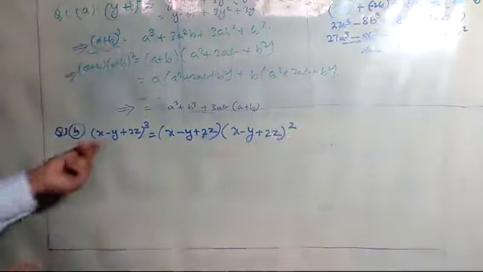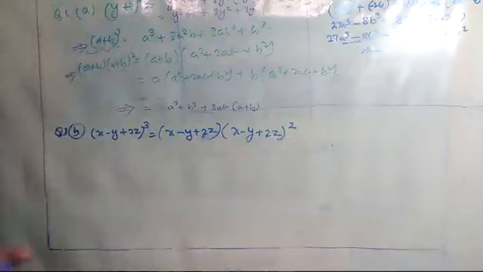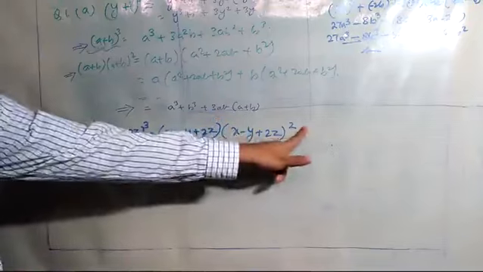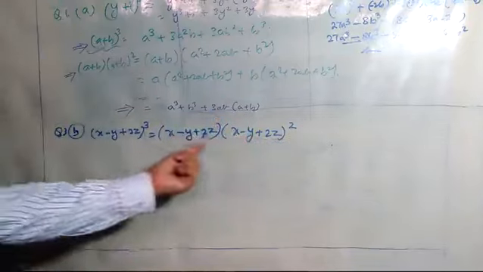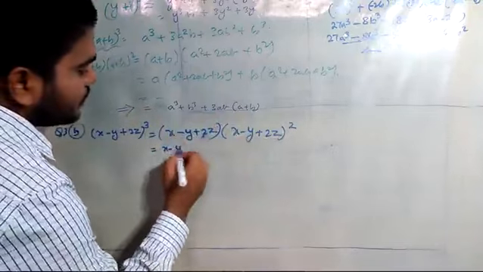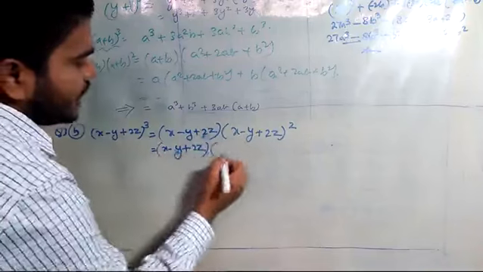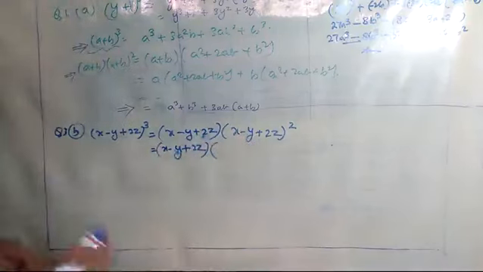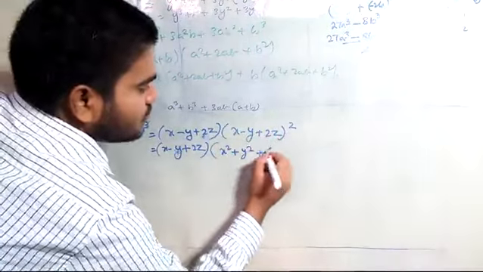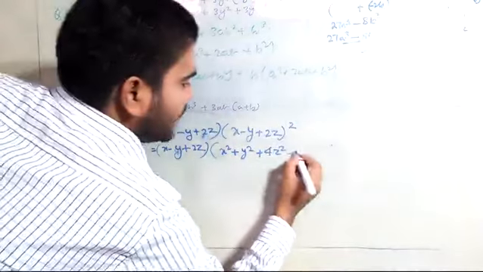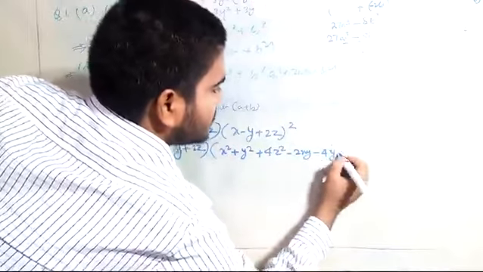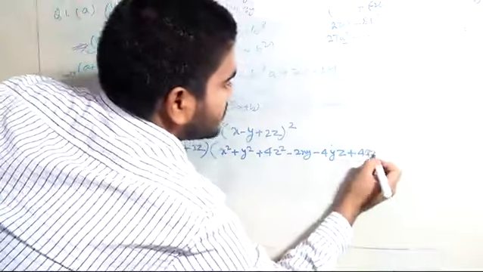Why I have done this, my dear students? Cube of 3 number is a bit difficult. So I have converted into two different powers. One power and then this 2 power. Then addition will give you 3. I hope this line is clear. Now if it is clear, you can write x minus of y plus of 2z. Then squaring of 3 numbers I have already taught. So it will be like x square plus of y square plus of 4z square, right? Then minus of 2xy, then minus of 4yz, then plus of 4zx.